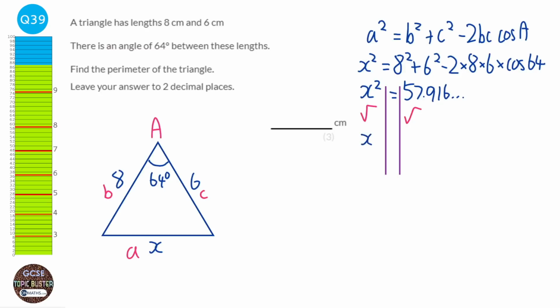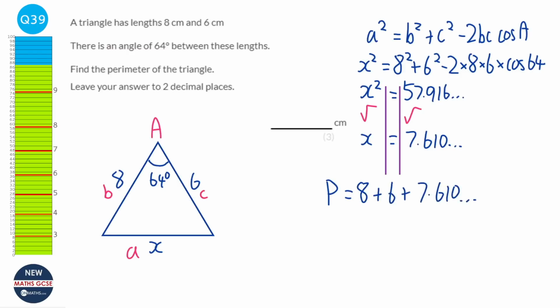So it would be x equals 7.610... Okay, we're asked for the perimeter, and so we need to do 8 plus 6 plus that 7.610... I've still got on my calculator, and that equals 21.610... It says it wants it to 2 decimal places, so it will be